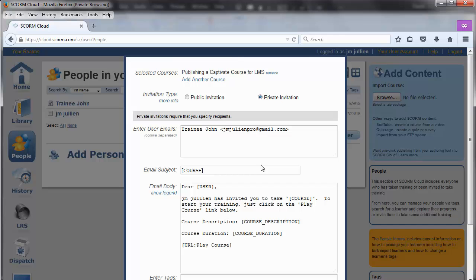You can notice that fields are already filled, and that variables such as course description and course duration are present in the email body. These ones will retrieve the data we have defined in the Captivate manifest window. Everything is okay, and I click on Create Invitation.